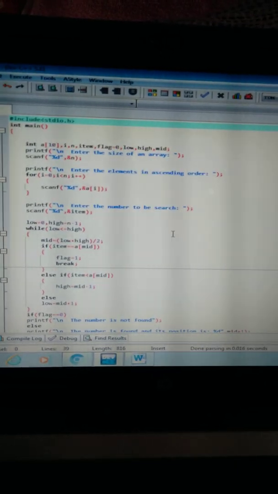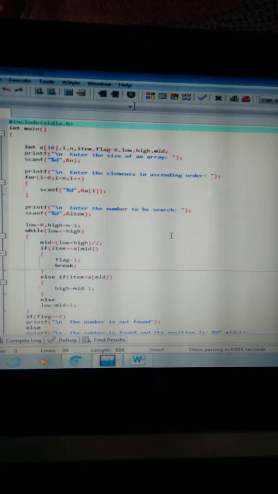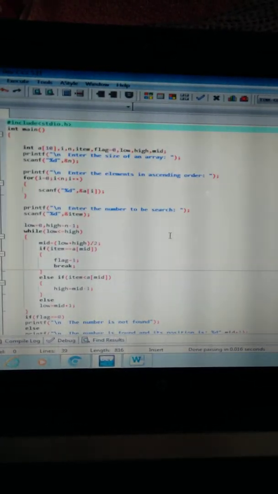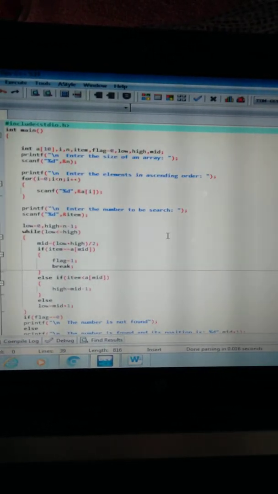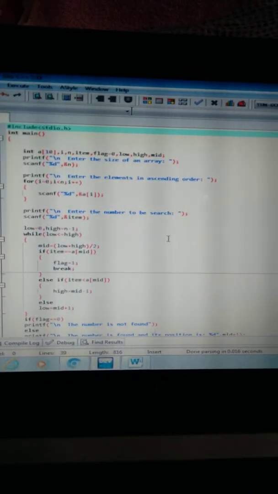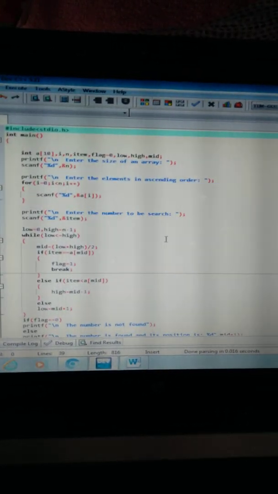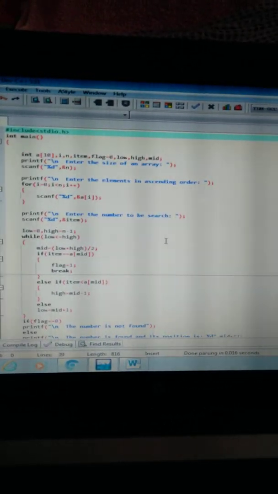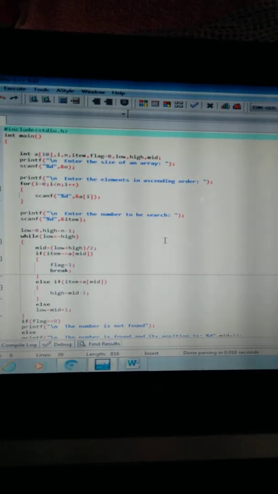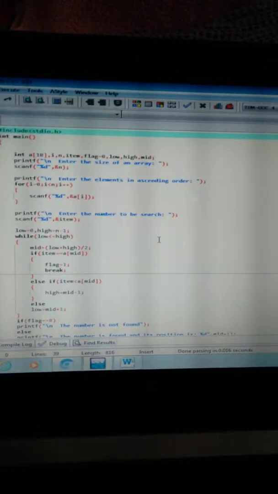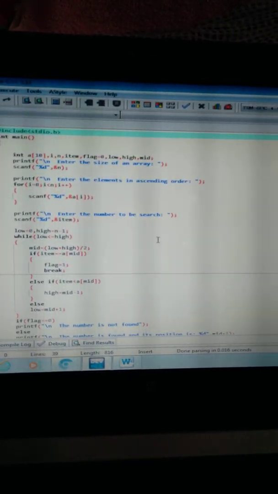Here we are given a list of elements in the form of an array. We find the mid of it by low plus high divided by 2, and our searching key element is taken and compared with a of mid. If it is equal, then flag is equal to 1 and the element is found at position mid plus 1. If key is greater than a of mid, we search the element